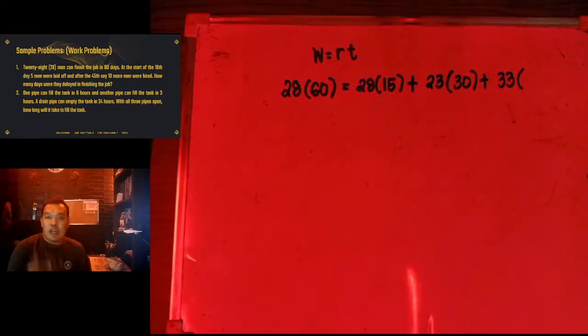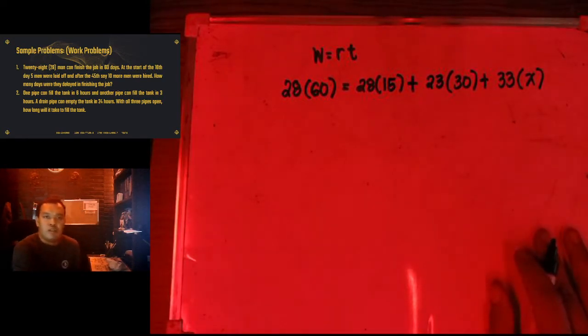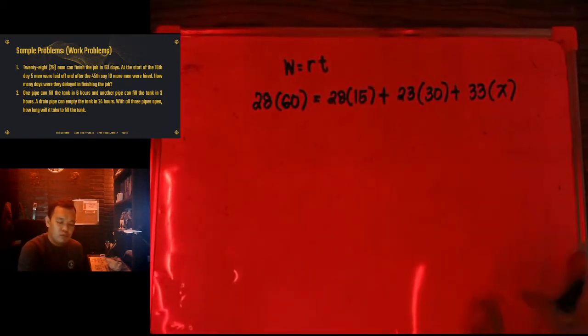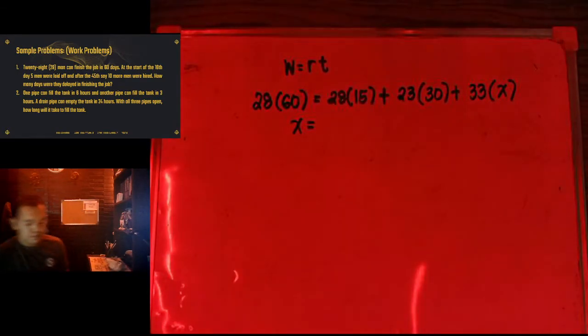Tapos, ilang araw na lang yon yung matitira doon. Siyempre, hindi mo pa alam, wala namang sinabi, di ba? Ang sinabi lang doon is nag-hire ng 10. Pero hindi mo pa alam kung ilang araw natapos. So, let's assume this as x. Okay? So, in this equation, we could find the value of x. No? So, therefore, the x here is equivalent kay, solve natin, 28 times 60, tapos 28 times 15 plus 23 times 30 plus 33 times x equals 17.27